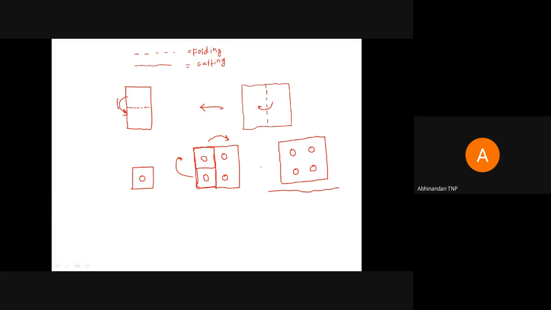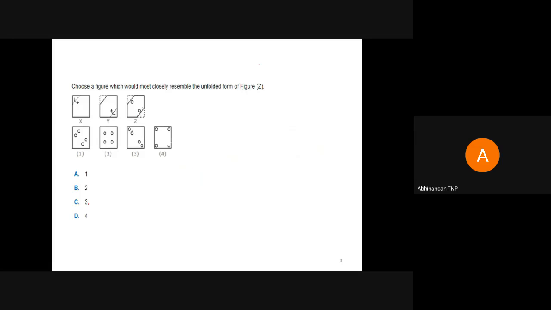Okay, so let us go for the numericals on the basis of this. So you'll come to know what kind of questions are asked on the basis of folding and cutting, right? So this is the first question. Choose a figure which would most